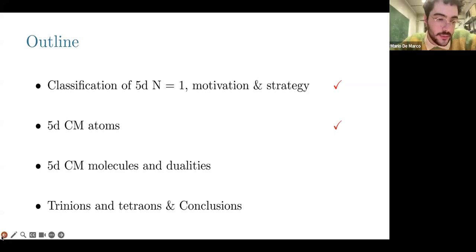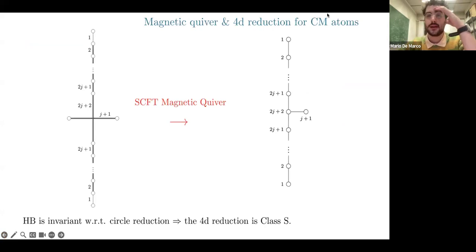Yeah. Okay. Going back, the better statement that I should have made is that this specific theory is a class S theory with regular punctures. And this is obtained as usual with this star shape, this shape that is called star shape. And this